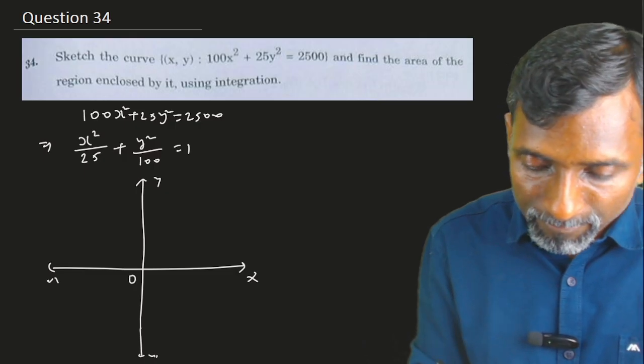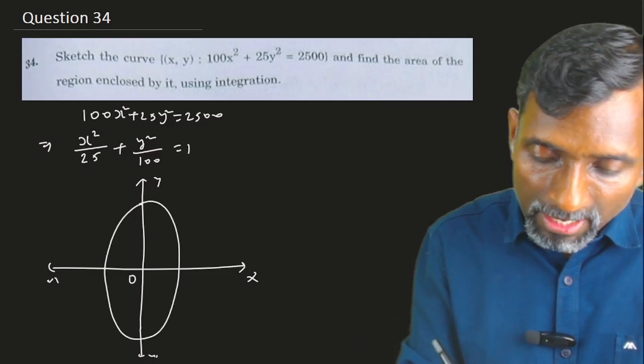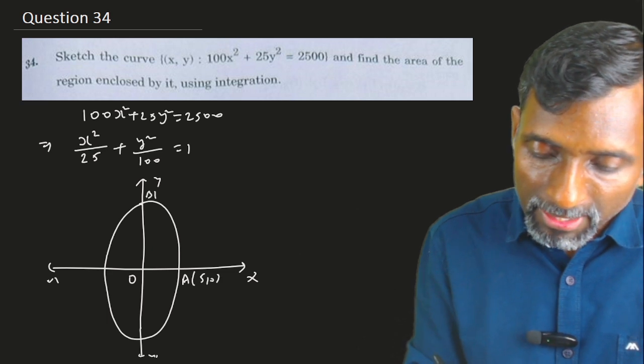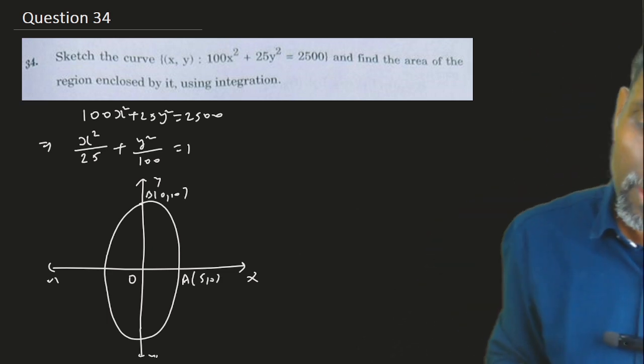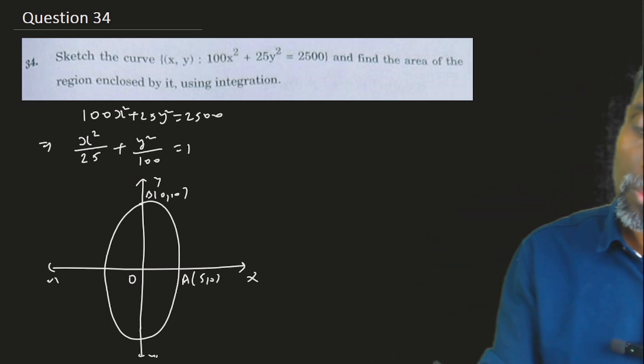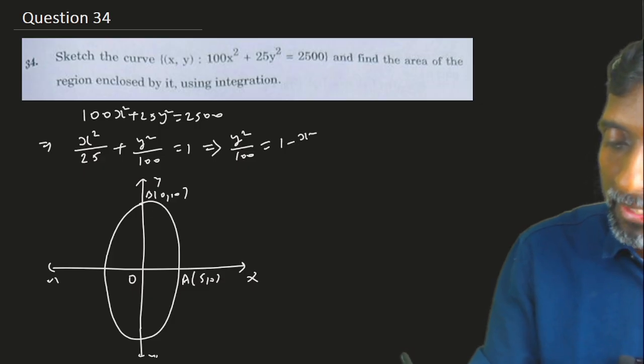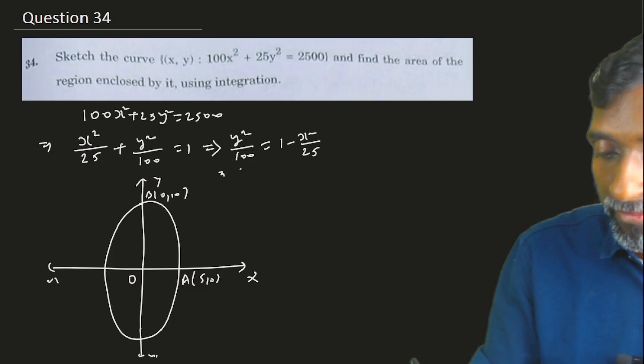In the ellipse, point A is (5, 0) and point B is (0, 10). The important thing in this question is that we need to write the ellipse equation as y in terms of x. So y square by 100 is equal to 1 minus x square by 25. If we cancel 100 on both sides, y square can be written as,